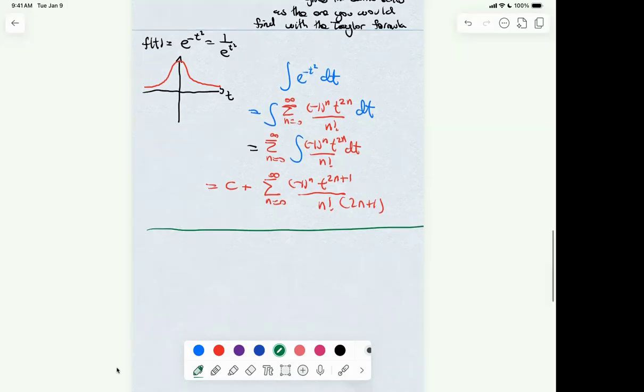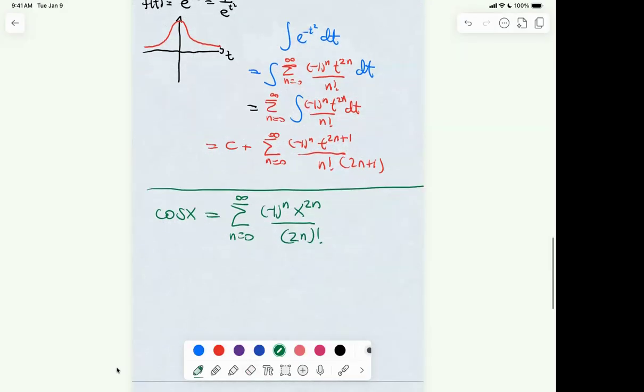So the Taylor expansion for cosine of x, and the Taylor expansion for sine of x is the